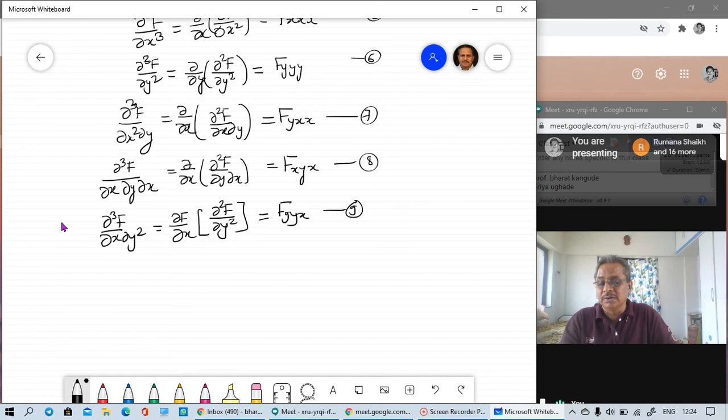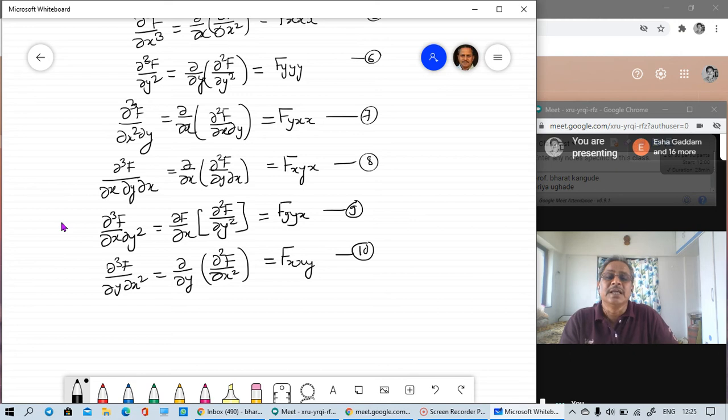Further, I can give ∂³f/∂y ∂x². ∂³f/∂y∂x². So this is nothing but the third derivative, or the differential of this quantity in the bracket, that is second order differential ∂²f/∂x². So this can be written as, now first it is x x and then y. In examination we are given a function and you are asked to calculate this. We have to calculate f_yy, calculate f_xx, calculate f_xy, calculate f_yx.